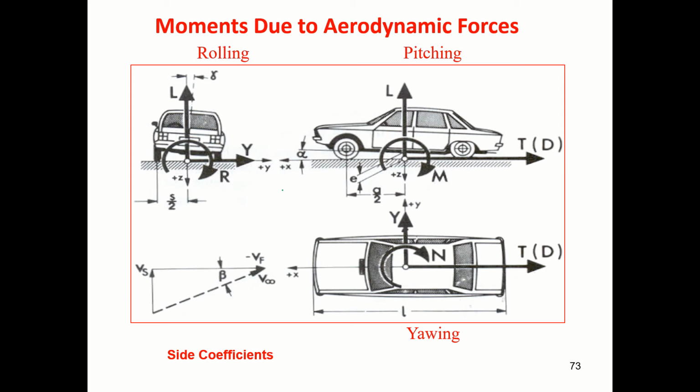Okay, all these things I have already explained. If there is variation in aerodynamic pressure distribution, you may get the roll effect, the pitch effect, even the yaw effect. At low speeds these effects may not be very high, but beyond certain speeds, like more than say 100 kilometers per hour, they are very important and play an important role. So for a high performance car, it is necessary to take these aerodynamic forces into consideration.